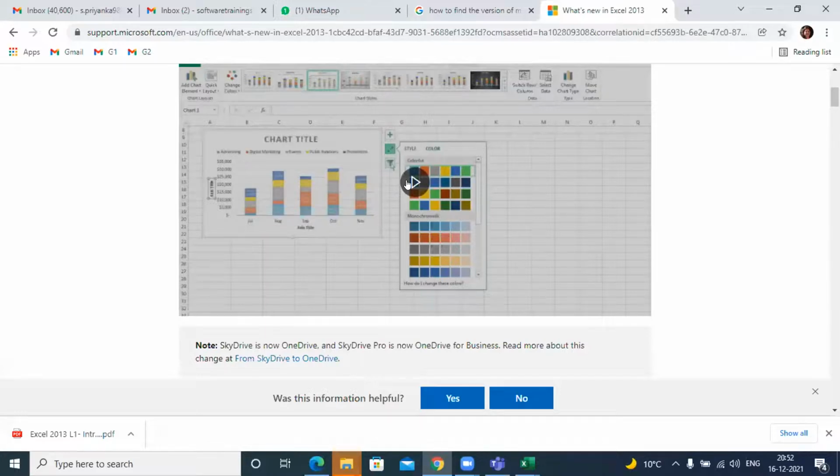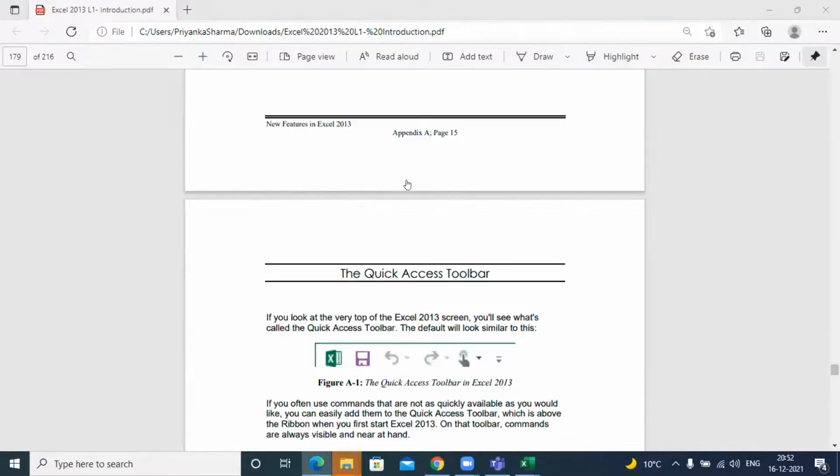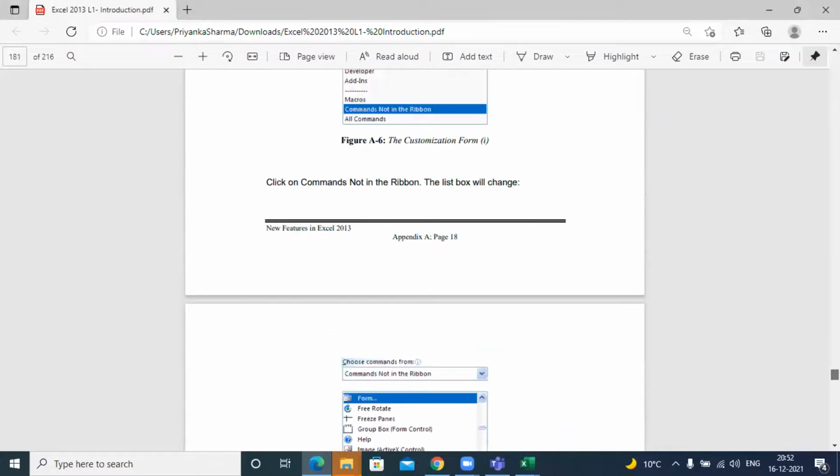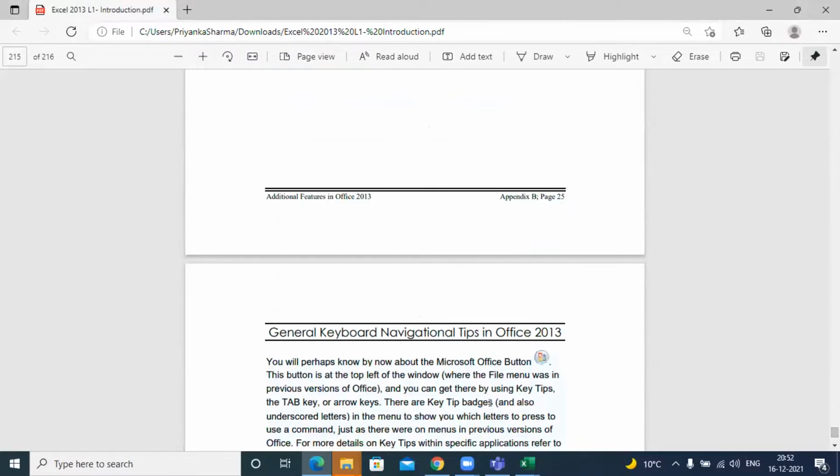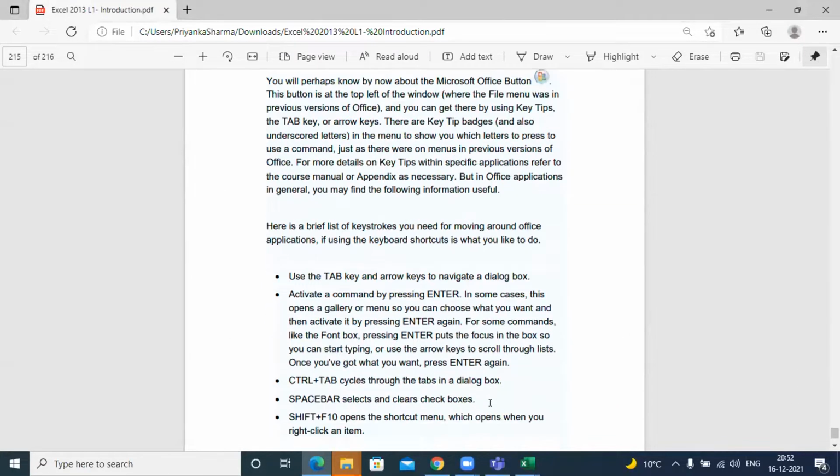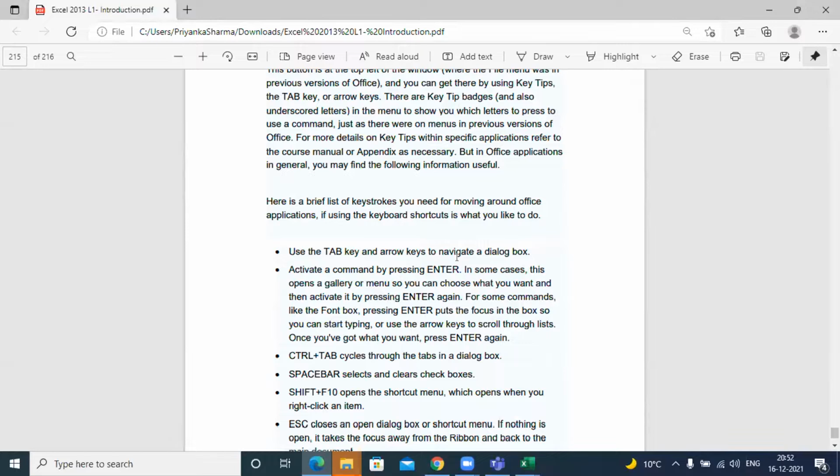All right, I think we can review this later, right? Towards the end of my PPT, you all will be seeing different components. This PDF has been built by me for Excel, but you can see some general navigational tips, right? I hope you all can see my screen. So these are some general navigations.